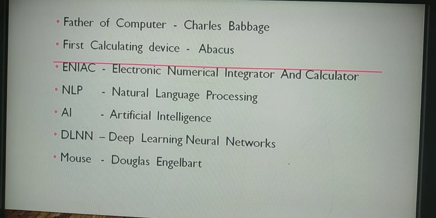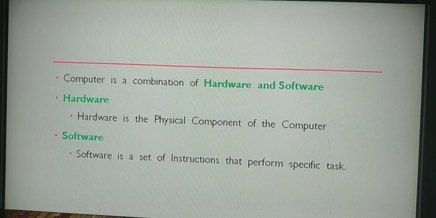It is, I think, on page number 2 or 3 where you will be having the do you know section. Under that you are having DLNN. The next, who invented the mouse? Douglas Engelbart introduced the mouse for you. Similarly, wherever in your book you have the do you know section, just read that one. Normally I have given each and everything for you. Whatever the extra questions, each and everything we have discussed for lesson 1.